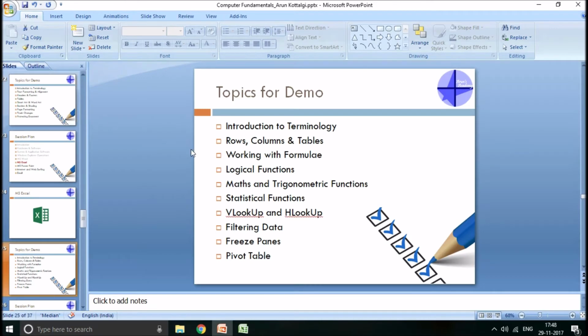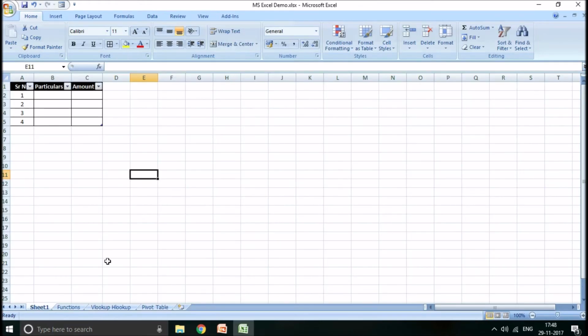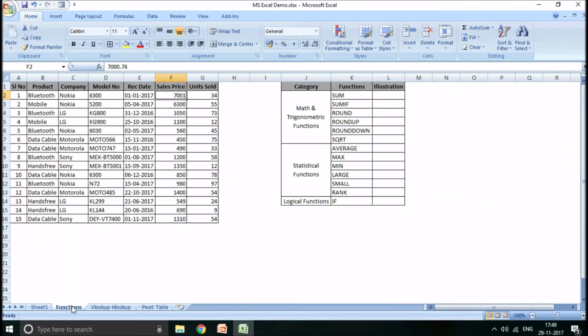So next, let's go to working with formulas. Whenever you want to put a formula, let us go to the function sheet. What I have done is I have created 3 sheets for ease of demonstration. Now this is a table as I showed you in the first sheet. Now this is also a table. The format of typing any formula is, wherever you want the value to come, you have to start with is equal to, and now if you want to add up or see the sum of the units sold, you can start typing SUM.